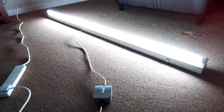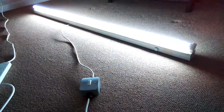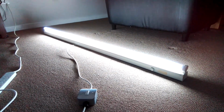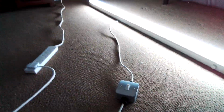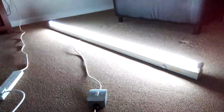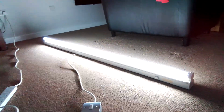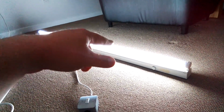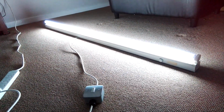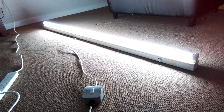As you can see, it's shining much nicer and brighter on the camera, and it's lit my carpet a nice cool daylight colour. And it's lit up all around my room, nice at 6 foot. I don't know what the equivalent is from 70 watts throughout this strip light, guys. I just don't know. But anyway, I was glad to save that fitting, because once I cleaned that fitting up,